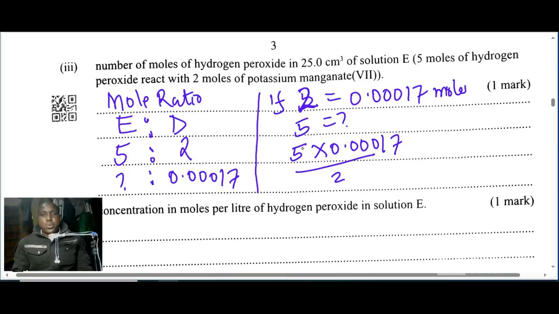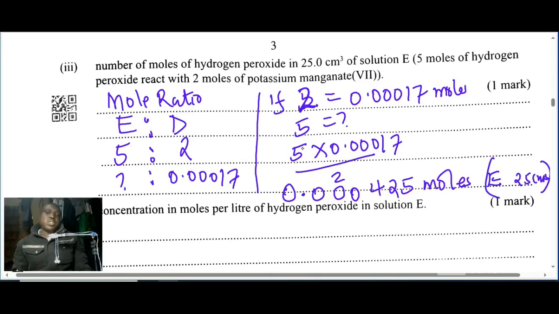So the number of moles of solution E in 25, you multiply that, you will get 0.0000425 moles. So this is the moles of E in 25 centimeters cube, because 25 centimeters cube of E reacted